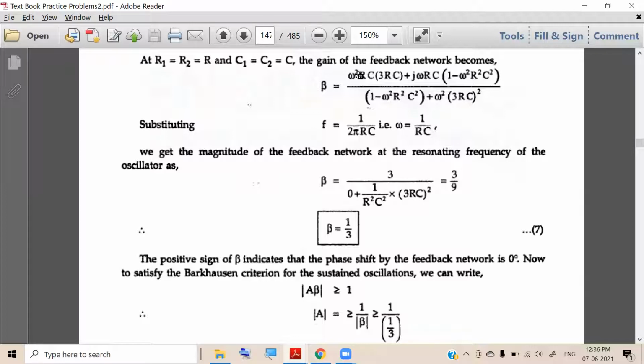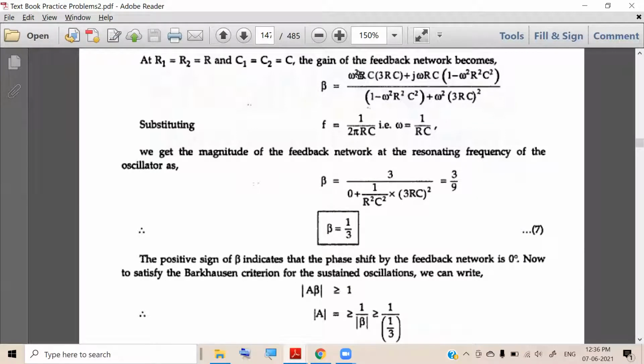So what is tan inverse? Imaginary part by real part. In simple words, I have given an explanation, but I hope you already studied this in your school. When you take the imaginary part 0, then what we have is theta, the angle or the phase shift, which is either 0 degrees or 180 degrees, right?